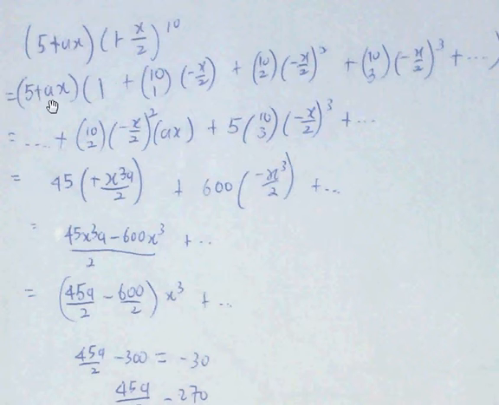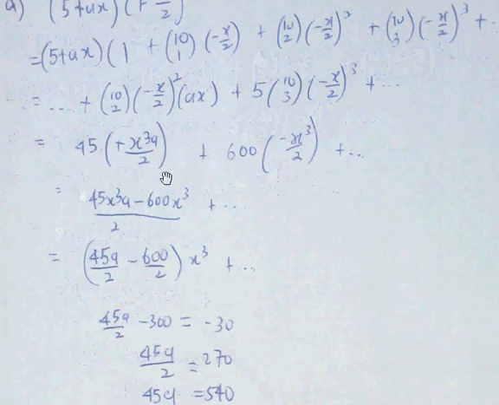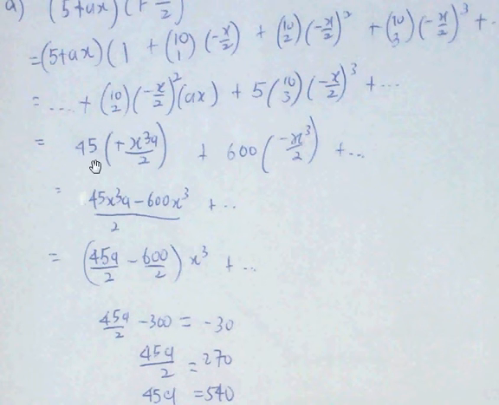So it's only with ax times 10C2 (−x/2) squared that we get a coefficient of x cubed, and when 5 times 10C3 (−x/2) cubed we get a coefficient of x cubed. Therefore we only need to evaluate this portion. So when we evaluate 10C2 we get 45, and when we evaluate 10C3 times 5 we get 600. So when we simplify we get 45